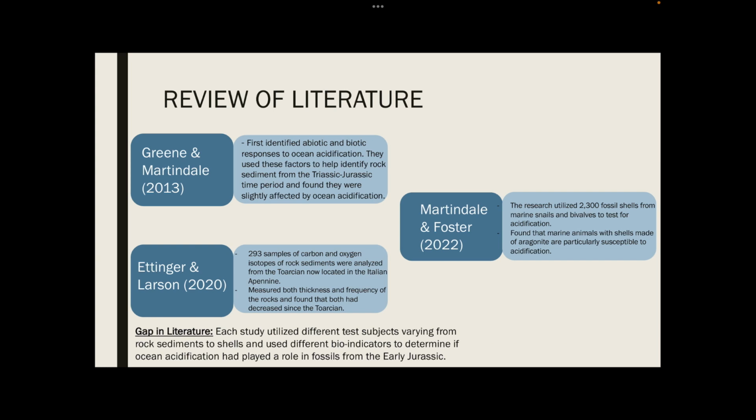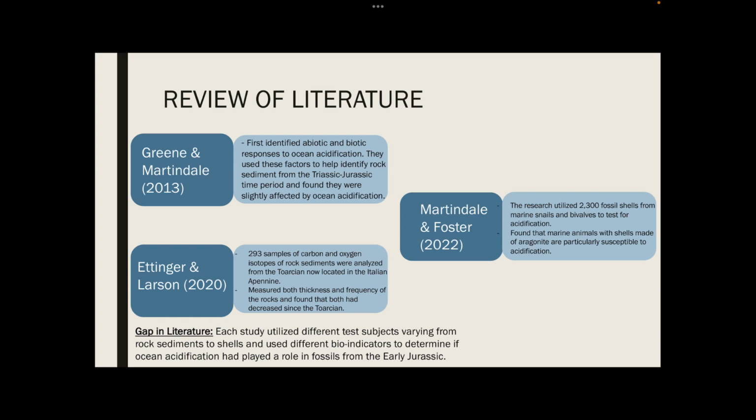Green and Martindale in 2013 first identified abiotic and biotic responses to ocean acidification. They used these factors to help identify rock sediment from the Jurassic time period and found they were slightly affected by ocean acidification. Ettinger and Larson in 2020 utilized 293 samples of carbon and oxygen isotopes of rock sediments, and